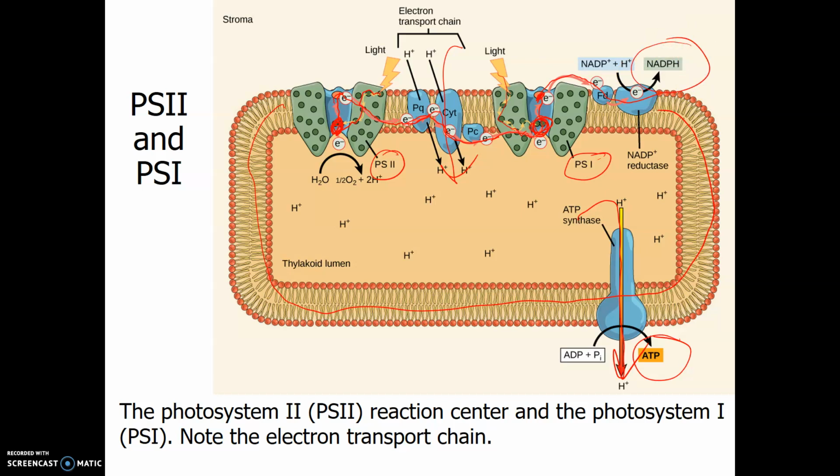And then going back to this reaction here, this reaction replaces the electron that has been lost, and it also adds oxygen to our atmosphere, and this is what generates the hydrogen